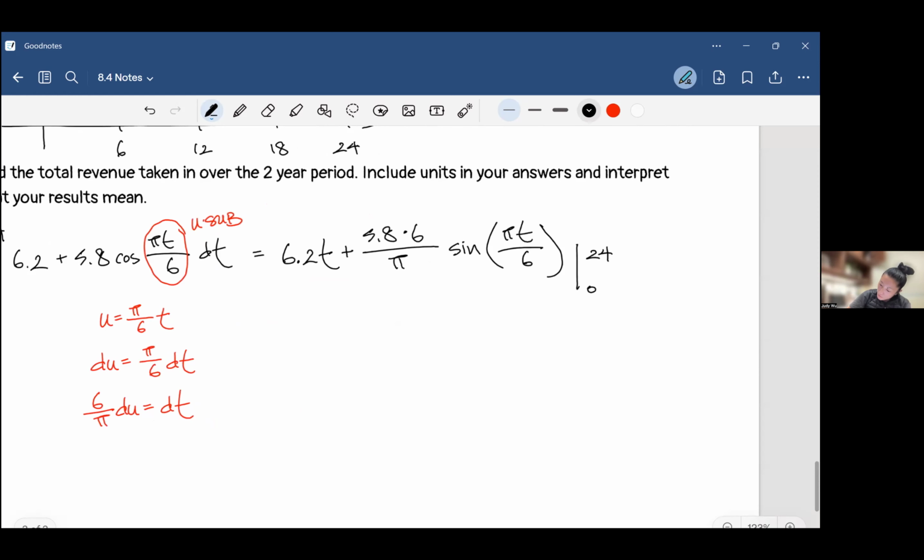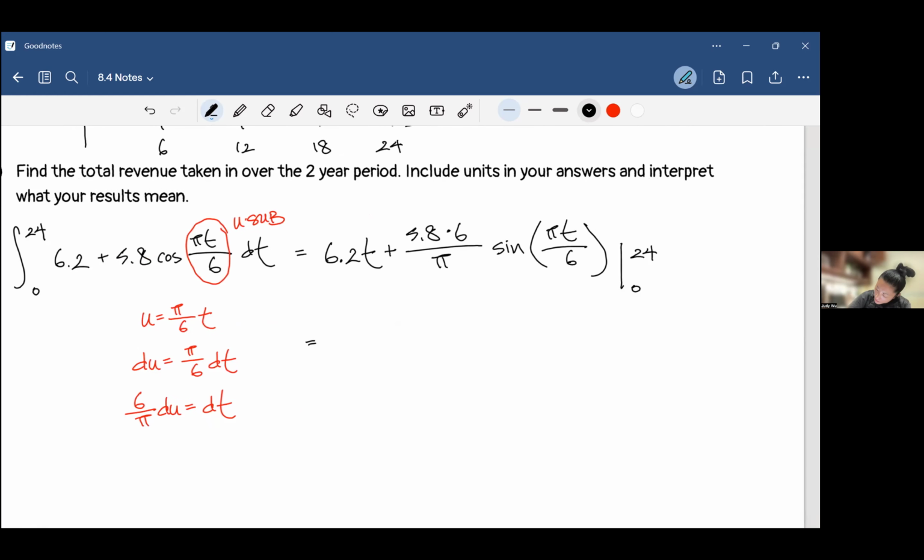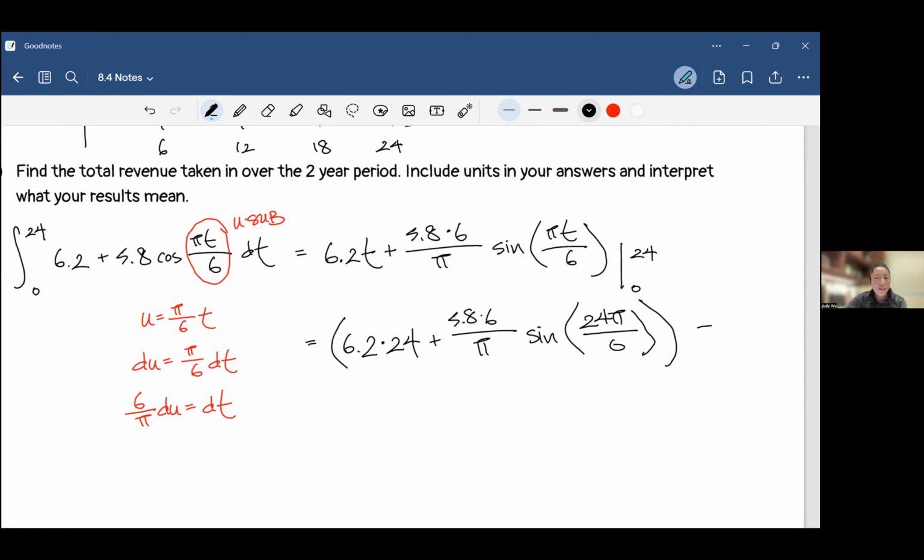All right, let's plug in our numbers. So we get 6.2 times 24 plus 5.8 times 6 over pi, sine of 24 pi over 6. And if you plug in 0, you're going to end up with 0. I plug all of this into my calculator. I make sure I'm in radians, and I end up with